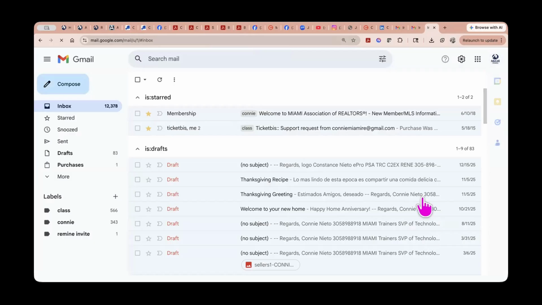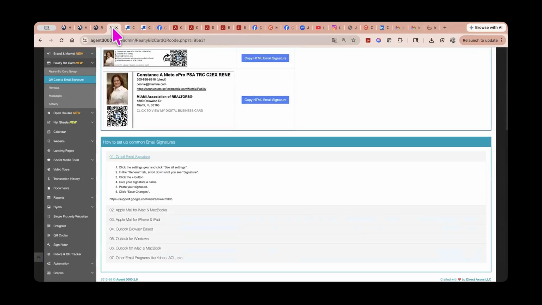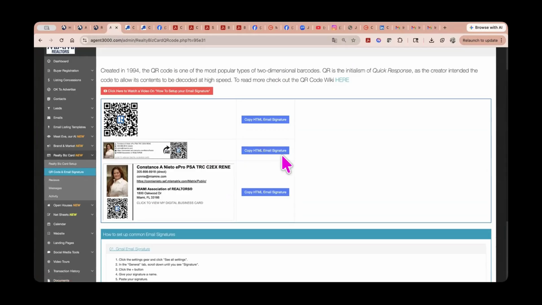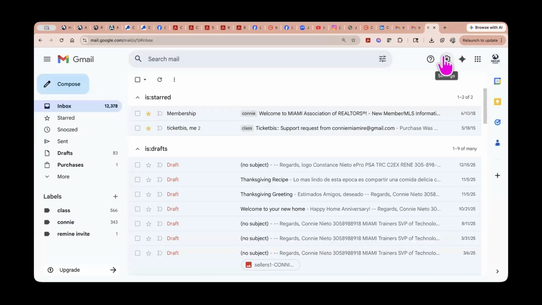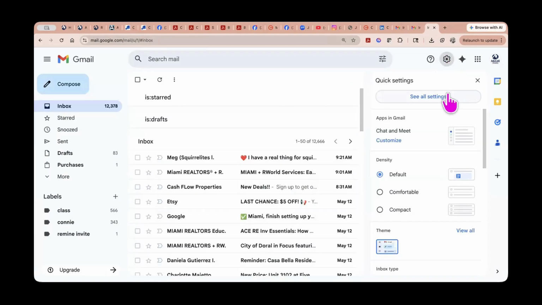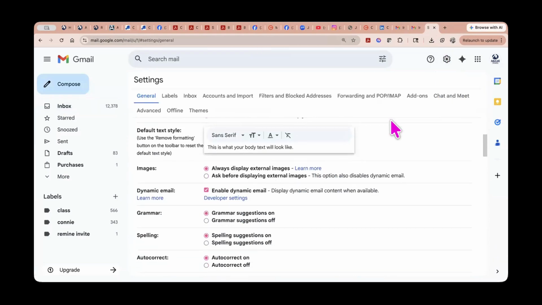I wanted to show you here. So let's say I've created the card, right? And now I have the email signature here and I want to use this one. I can copy it and I have Gmail to show you. So I'm going to come to the top. You come to the settings area, see all settings, and I can scroll down